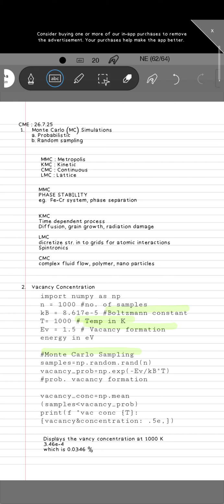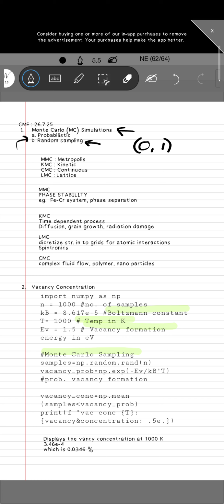Hello everybody. So in this lecture we will discuss Monte Carlo simulations. Now, Monte Carlo simulation is a probabilistic approach, and it is mainly based upon random sampling. And when we create a uniform distribution of random numbers, for example, if you would like to find a random number between 0 and 1, so it can be anything between 0 and 1, and the numbers distribution, we create